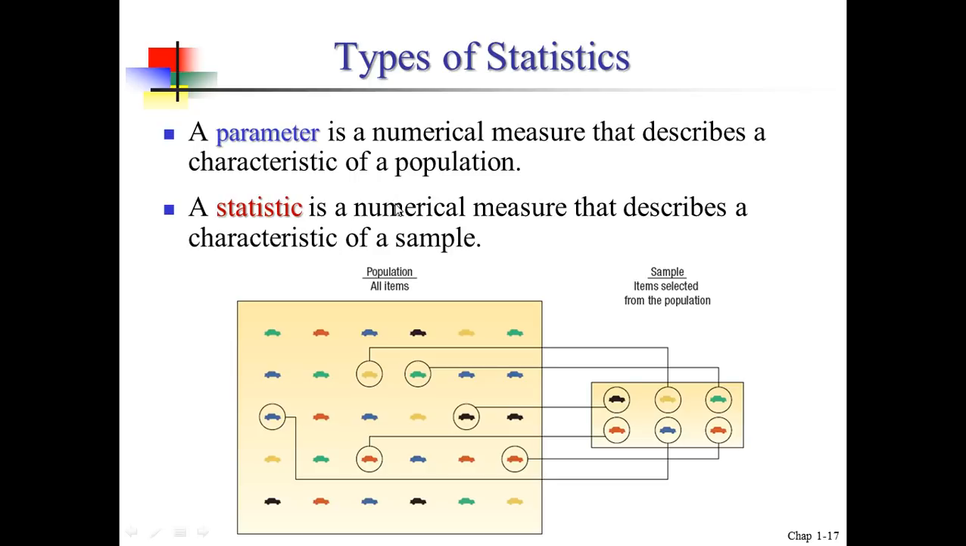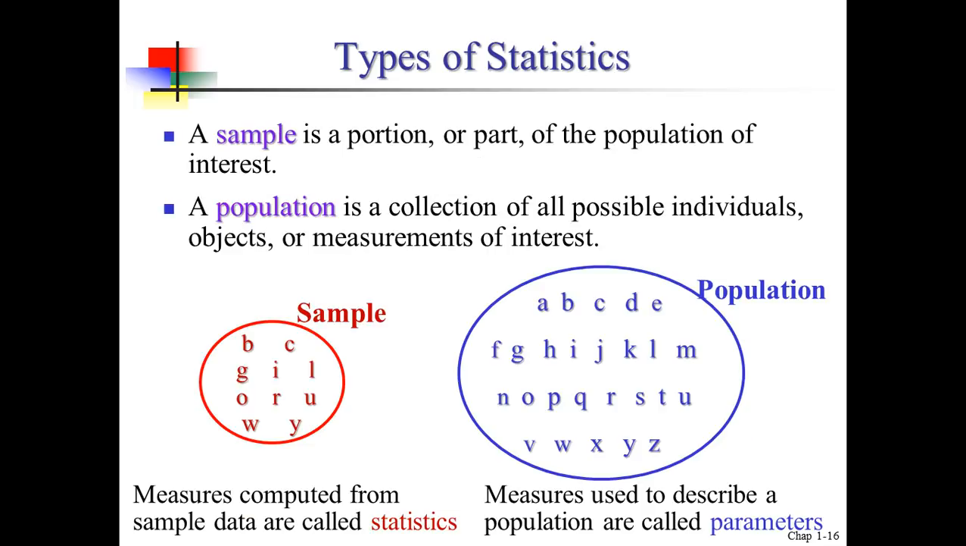Maybe some of you don't understand. Okay, let's go back to the previous slide. Just look at this one: A, B, C, D, E, F, G, H, I, J, K, L, M, up to Z. Each of them we call a parameter. A parameter is a numerical measurement that describes a characteristic or condition belonging to the population. I take B from here to form a small group. B here and B there are the same, but they have different names. B here is a statistic. B here is a parameter. They are the same B,